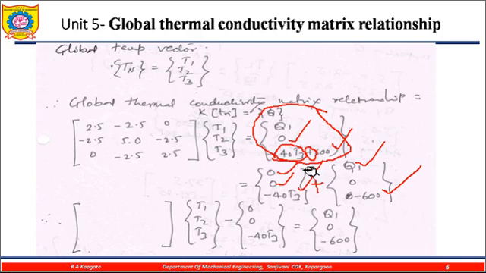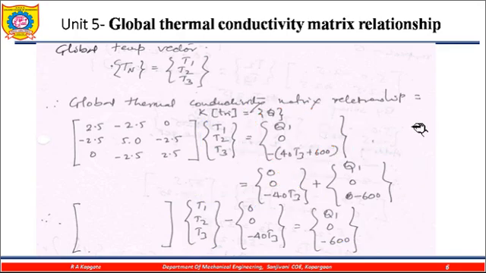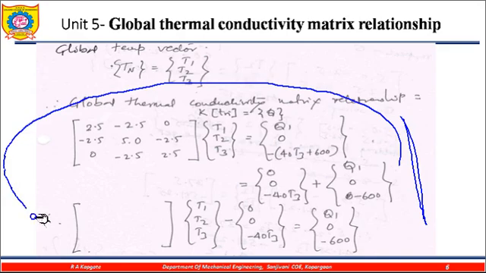Why are we doing this? Because we need to transfer this total term into a T term. So the T terms are already available on this side. So T term, that is temperature term, minus 40 T3, this is the Q1 minus this term. So we are very perfectly manipulating the matrix in the right way. This is a very important step whenever we are solving the problem. So you always focus on this one.